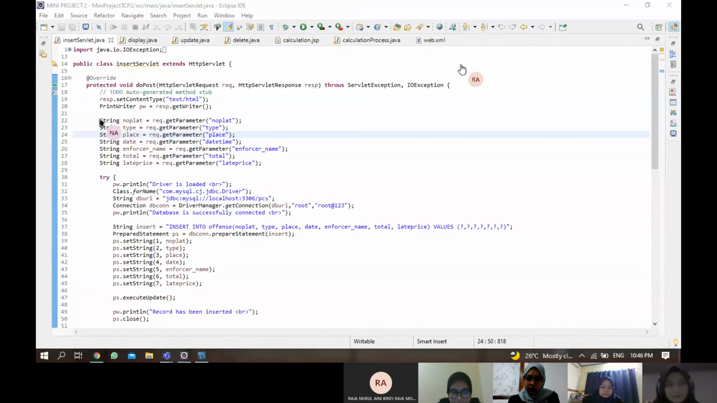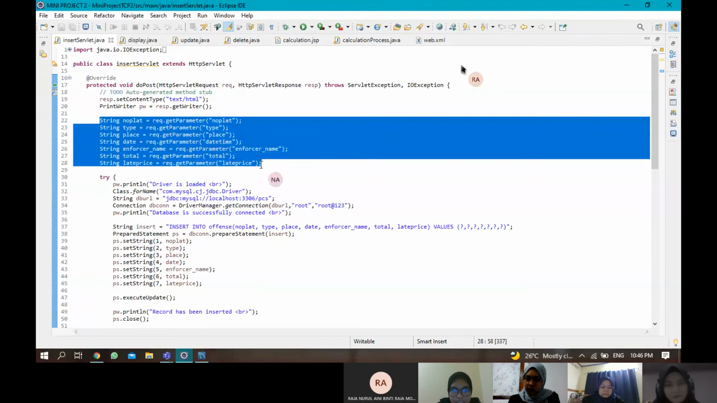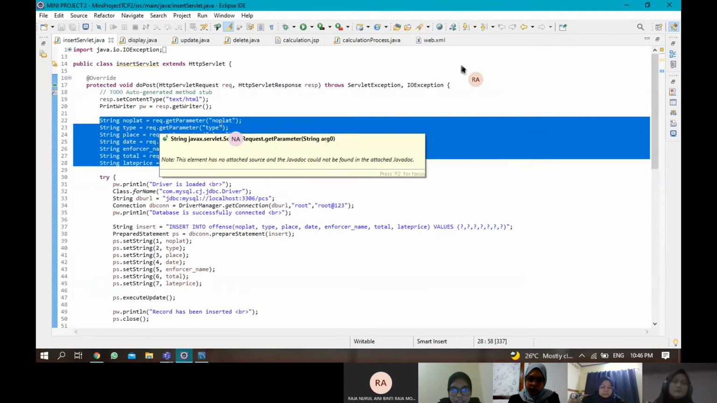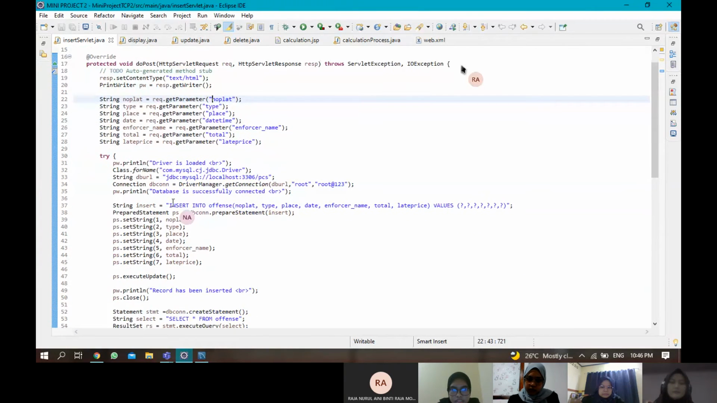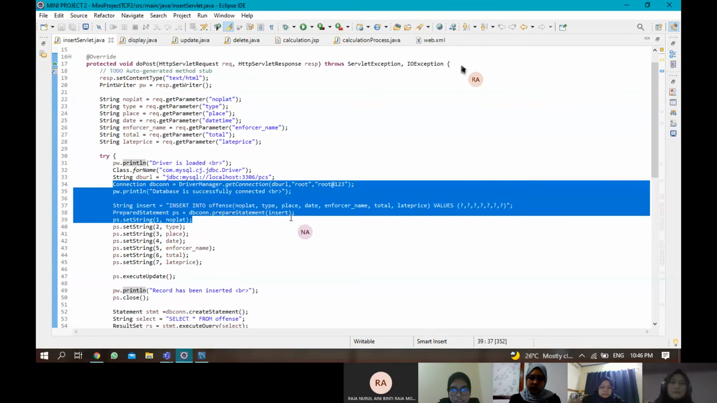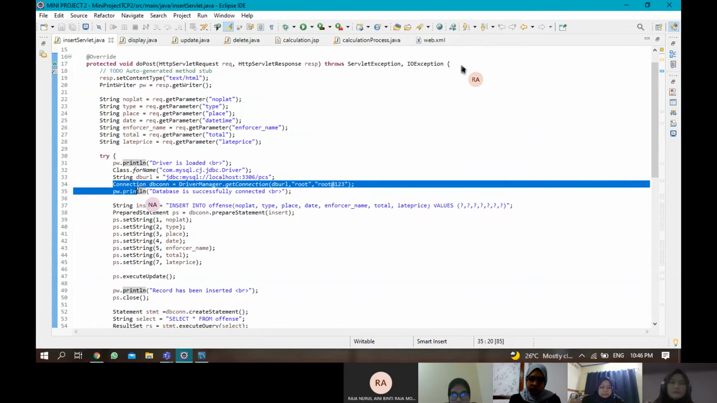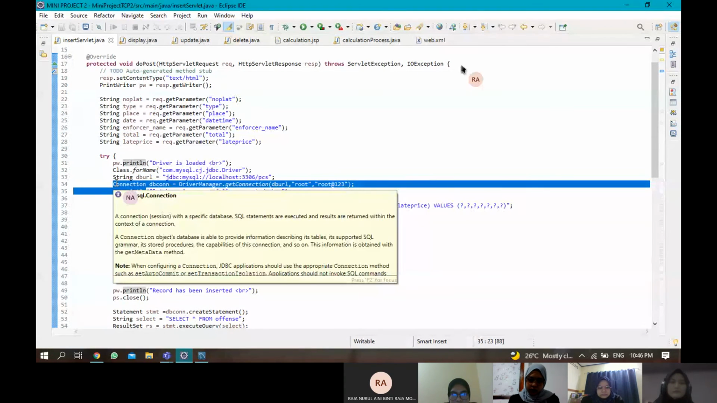Okay, this is the insert servlet coding. This part is about the declaration to get the parameter from the HTML. After that, this coding is about the declaration to get a connection with the database. Okay, after